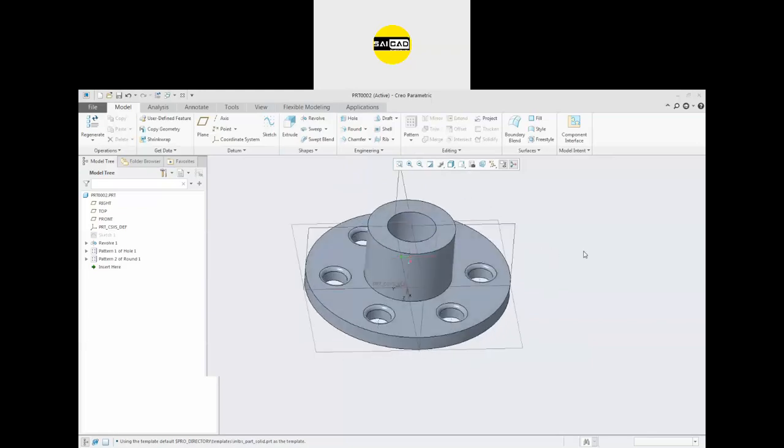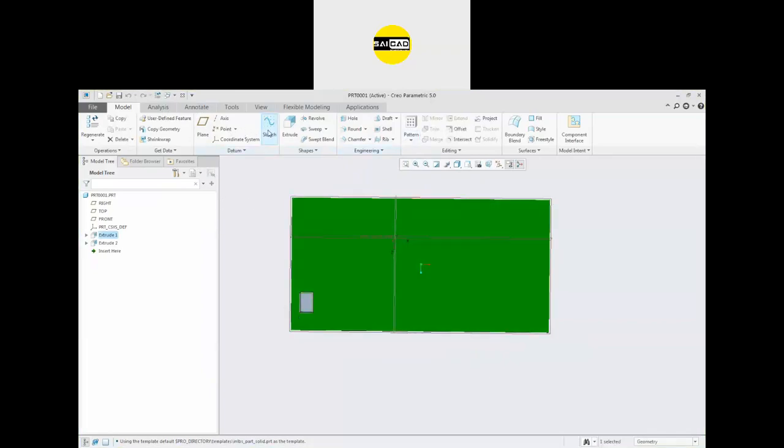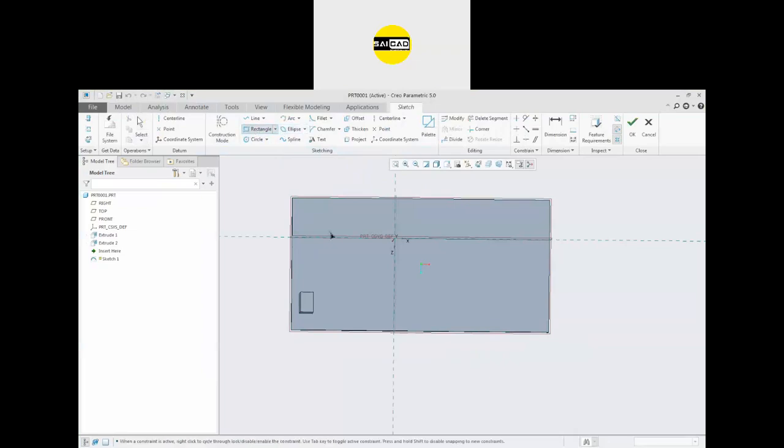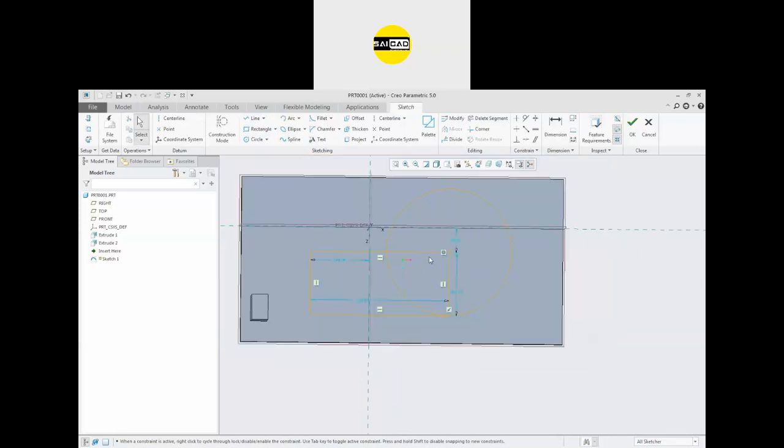The next option we have is the fill pattern. With fill pattern, you have to create a boundary in which you want to create the pattern. I want to create some pattern here. Okay, so leave it like that. This is our boundary.